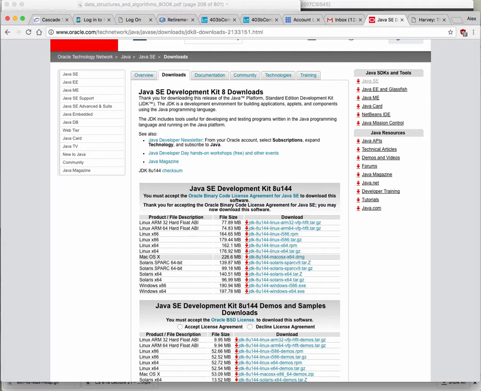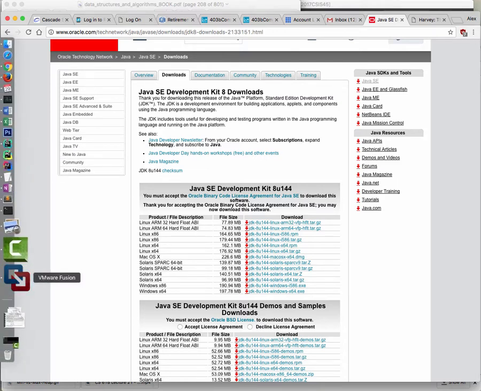Same thing with Python. Mac and Linux both come with Python installed because you need Python to run Python. Remember how Python and Java are both interpreted languages, so you need Python to run Python, you need Java to run Java. For C++, you have standalone executable programs, you don't need anything. If you're on Linux, I'm sure you can figure out how to install Java, and if you're on Mac, you just download this thing and once you install it, it just works. The more painful experiences are with